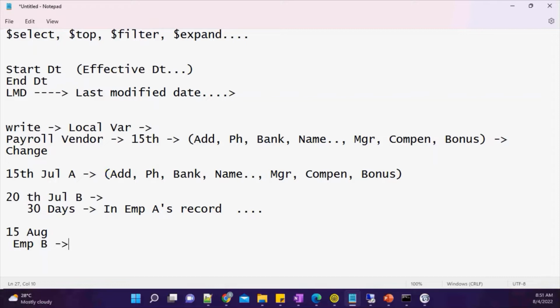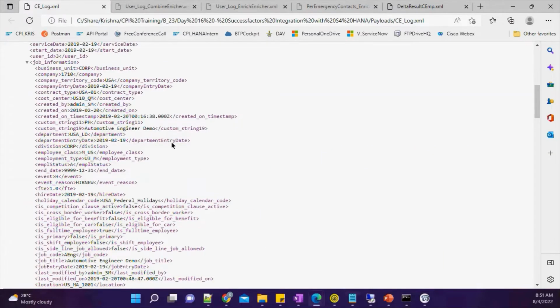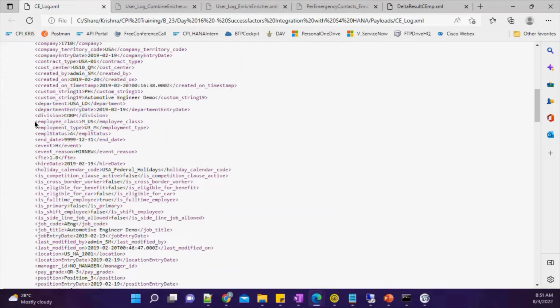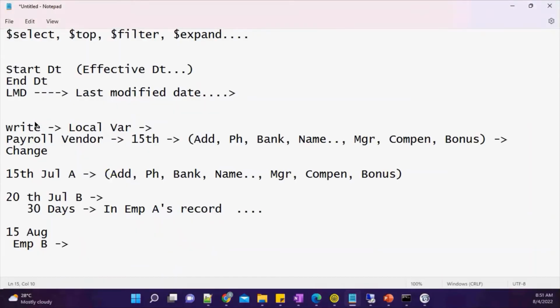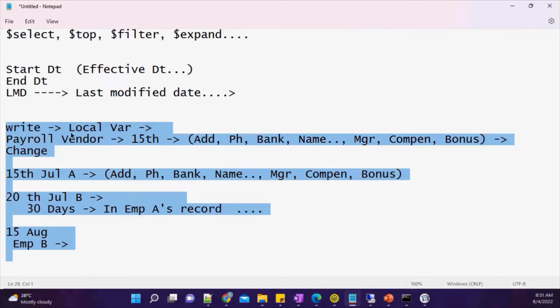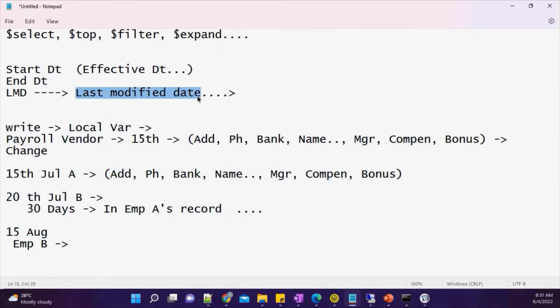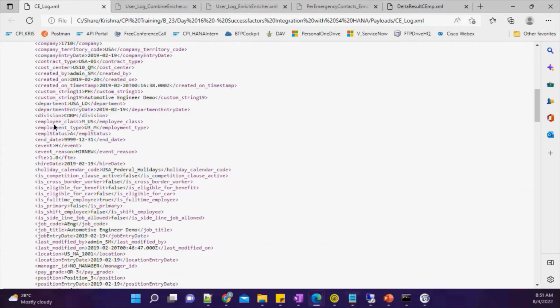That is where your last modified date will come into the picture, meaning you will run your query based on last modified date. Let me take you back to this XML. I don't know how many of you are relating to it, but my suggestion is to listen to this recording once again. Just this particular section, why I am mentioning last modified date, you will understand what I mean to say.